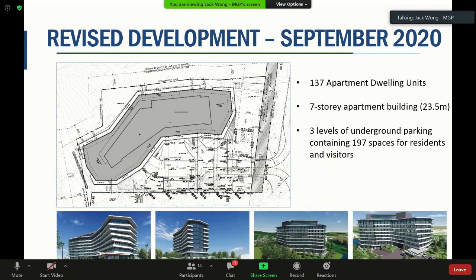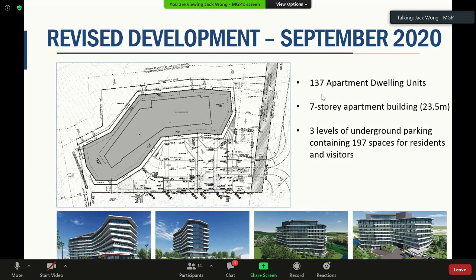So since the original submission and the DRP we had back in June, we have taken all the comments into consideration, brought it back to the drawing board, and worked over the summer. And we were able to formalize a revised submission, which was submitted to the town in early September, about 2 weeks ago. The revised scheme involved a combination of design changes, which I'm going to walk you through in the next few slides. But predominantly, the building massing and envelope remain the same, given the physical constraint we have within the developable portion of this property.